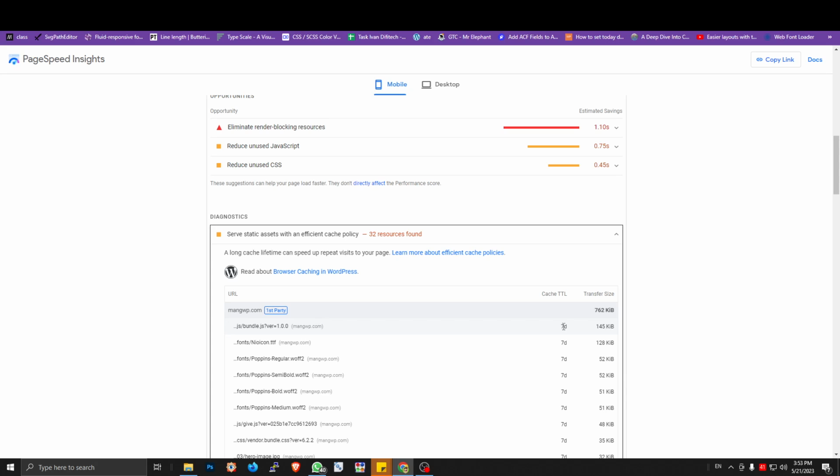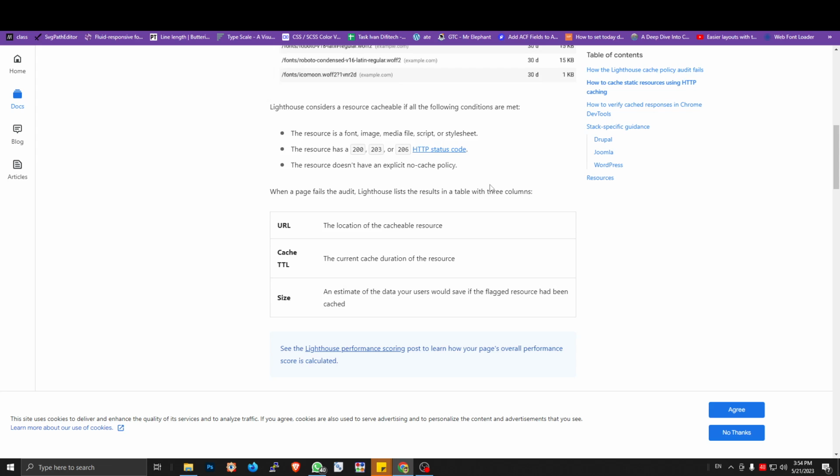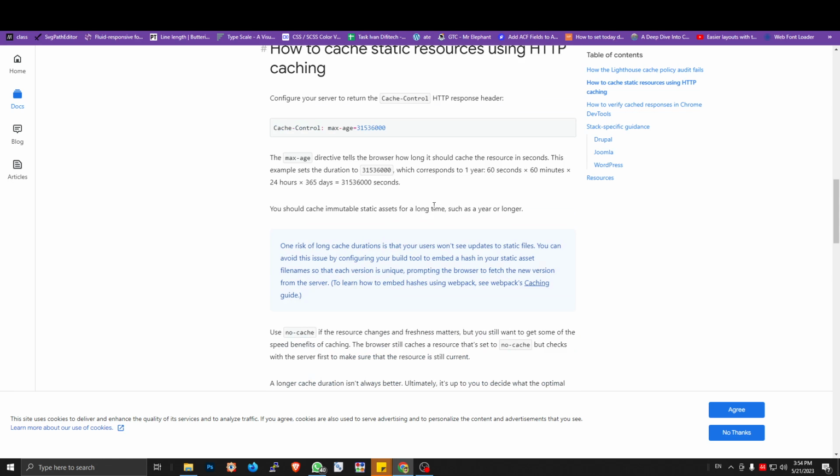It's 7 days, but if I click the description, it tells me that I need to set the duration of the browser cache for a long time, such as a year or longer.